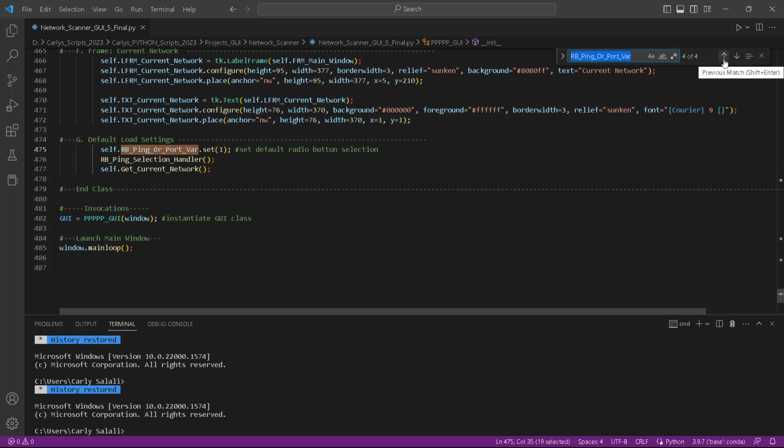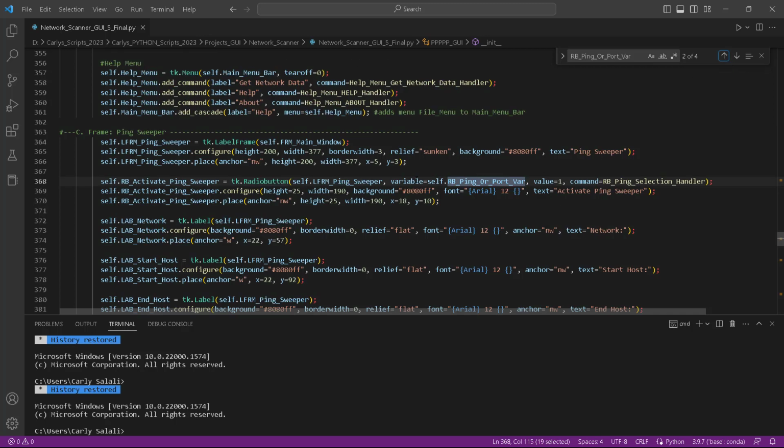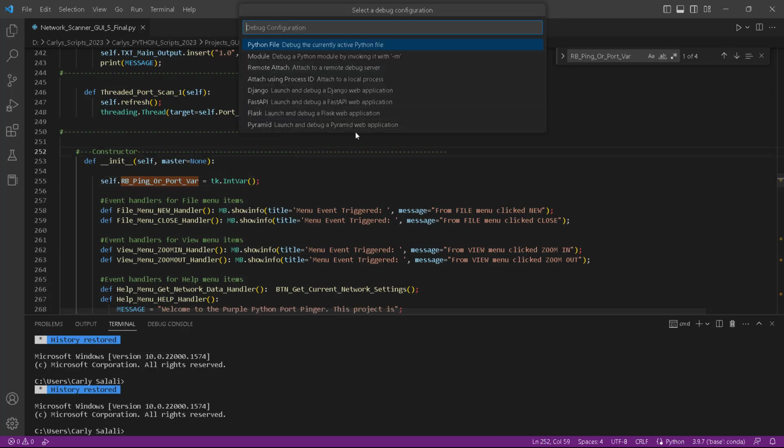First we'll go over this item here. Notice that in the radio button, RB ping or port variable, we've set the variable here in our TK radio button. We've also set it here for both the port scan and the ping sweeper. Okay, so this is how we set up a radio button to toggle on or off. And here we're using tk.IntVar, and this method will return to us a value based on what we set that value to. That gives us the initial effect. So again, if we run it,